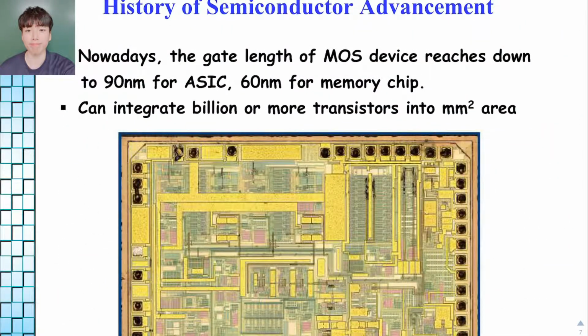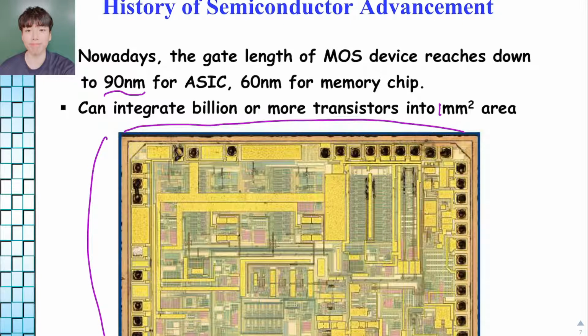And the history of semiconductor advancement. Nowadays, the gate length of most devices reaches down to 90 nanometers for ASIC and 60 nanometers for memory chips, and we can integrate a billion or more transistors in 1 millimeter areas. In this chip,